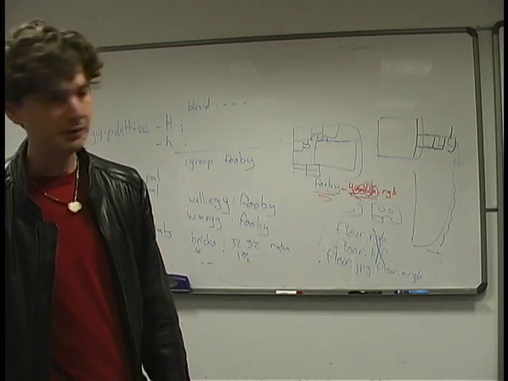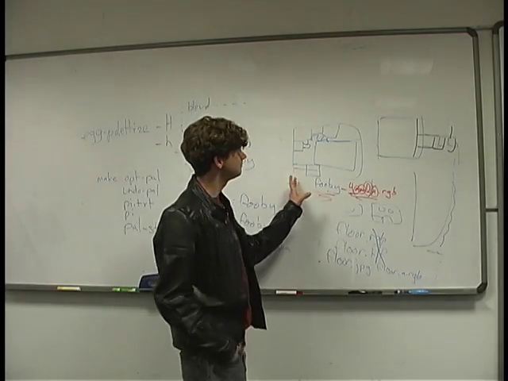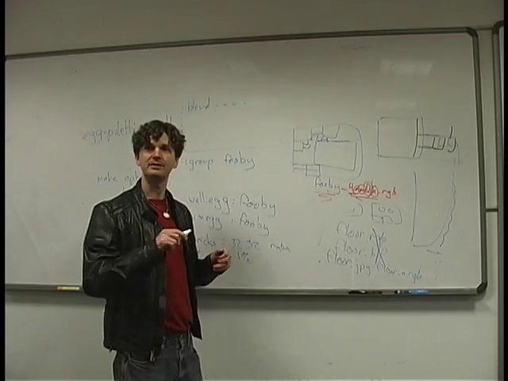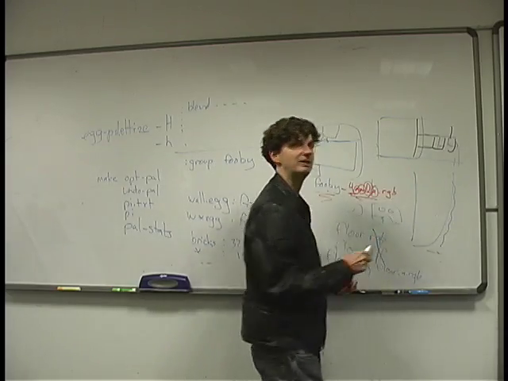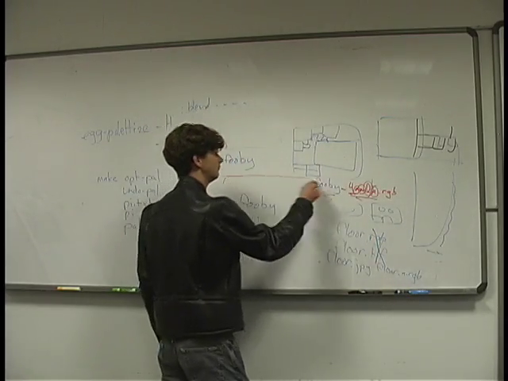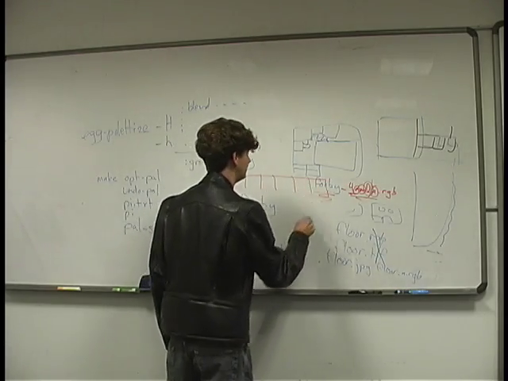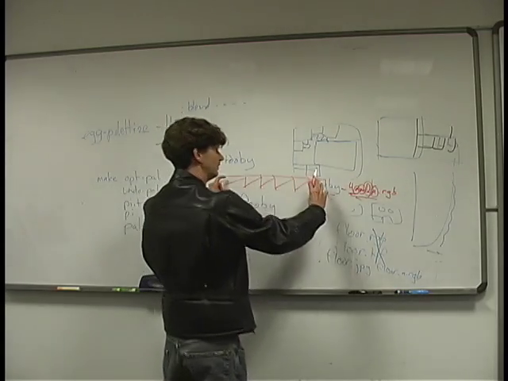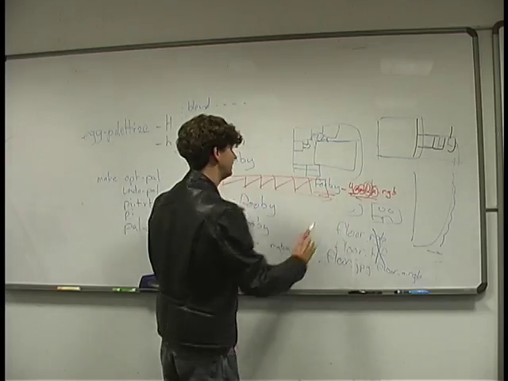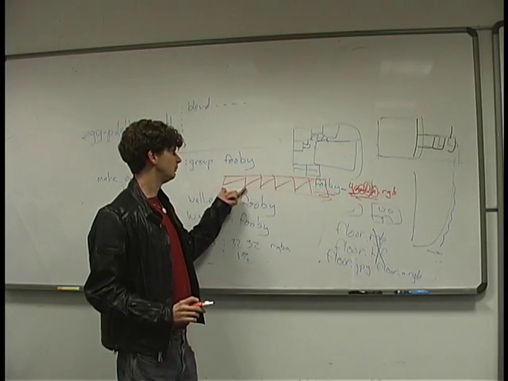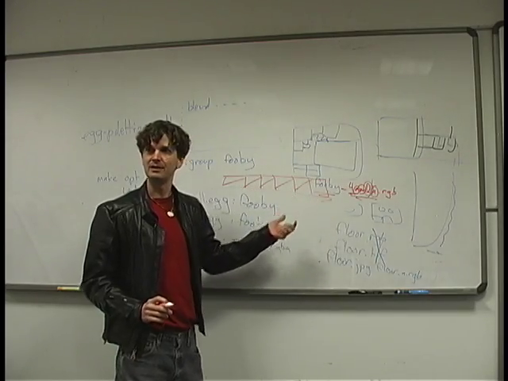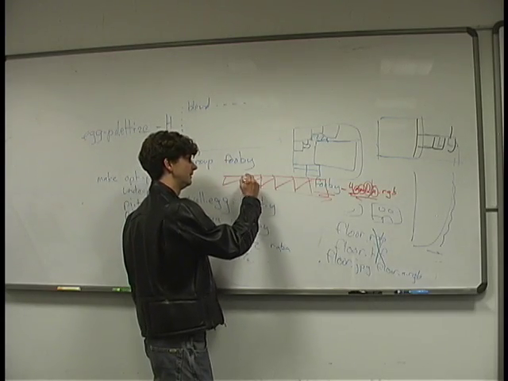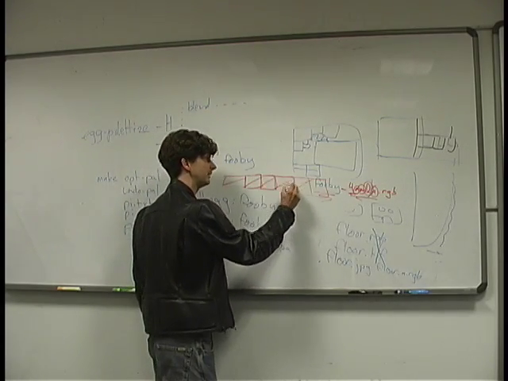Let's see. Oh, there's one other clever little trick that egg-palettize can do. I mentioned earlier that a texture can only be palettized if it repeats only a certain number of times. But what if you got a texture that repeats many thousands of times across a bunch of vertices? Well, if it happens that you have a lot of vertices and not just one polygon with multiple stretches, but maybe you're breaking up your polygon so that every texture happens to correspond more or less to a polygon in your mesh, egg-palettize can actually recognize that and can actually split up this mesh into lots of separate polygons by replicating the vertices within it. It still is one mesh,